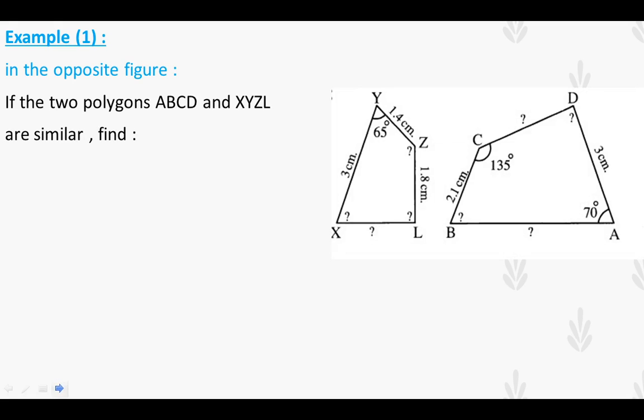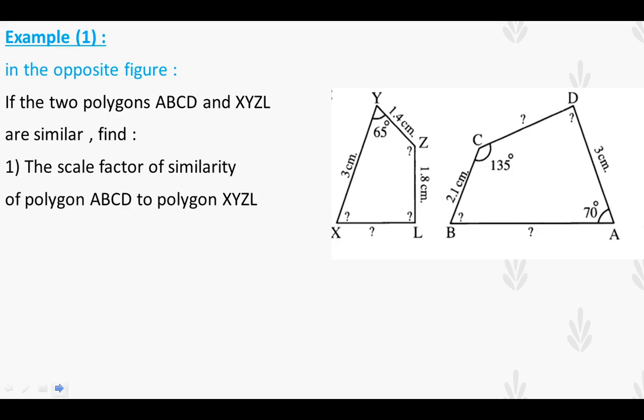In the opposite figure, if the two polygons ABCD and XYZL are similar, find the scale factor of similarity of polygon ABCD to polygon XYZL. Okay, let's solve it together. Here the two polygons are similar. Since the two polygons are similar,